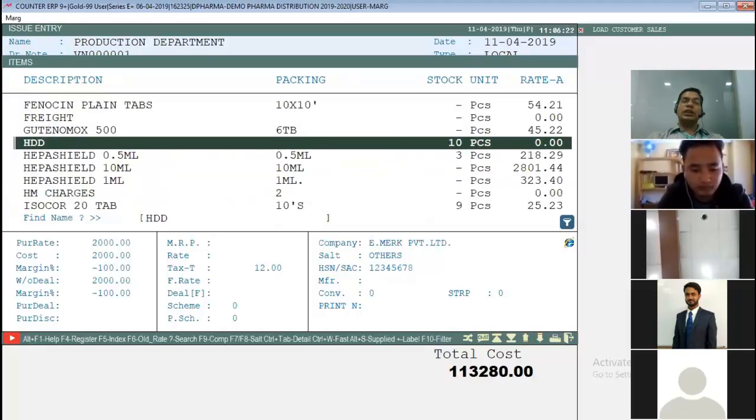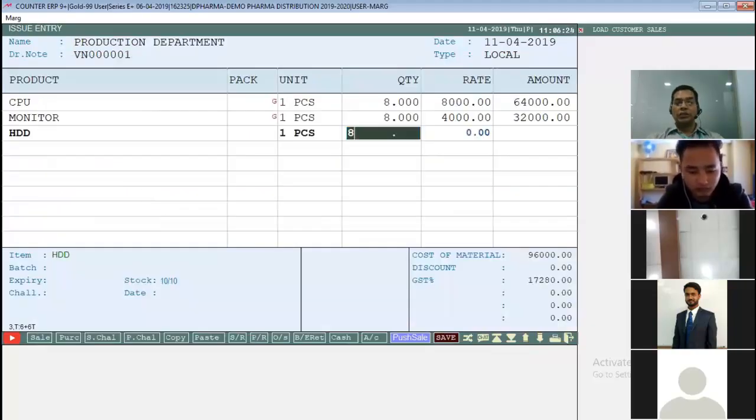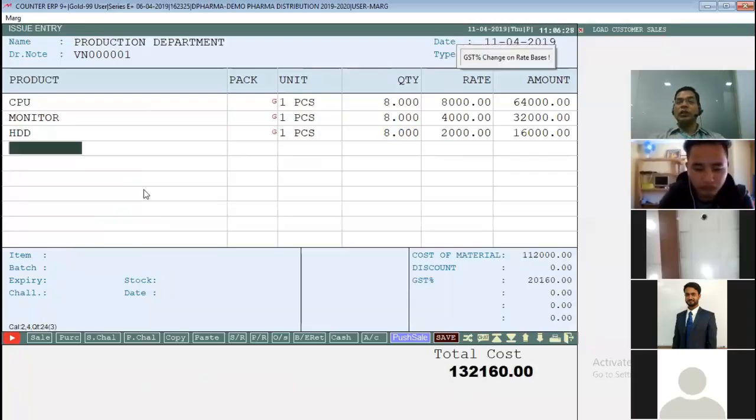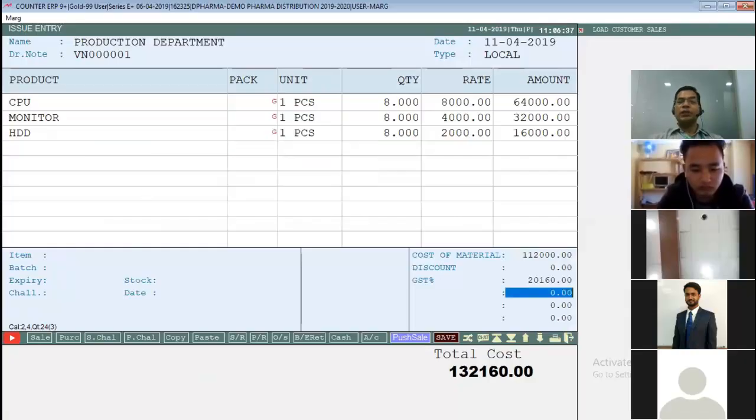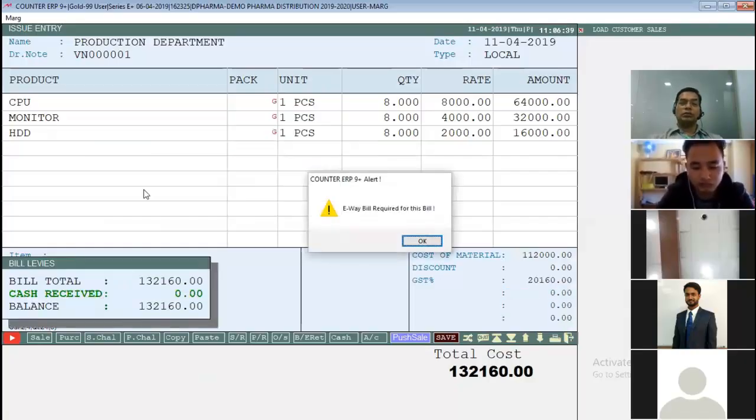Then last is HDD. 8 pieces, 2,000. Why am I using 8 pieces always? So that I can easily maintain or tally the stock, whether it is fine or not. So now I have issued 8 pieces of all the things.